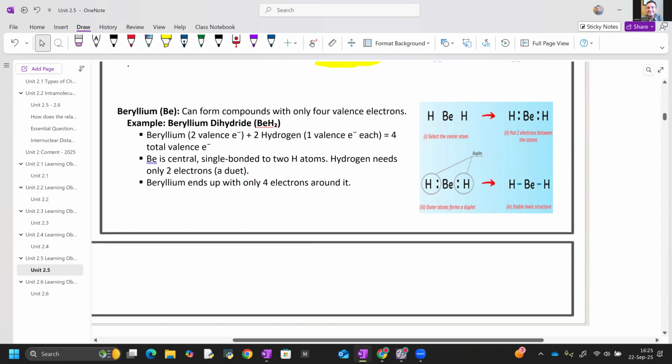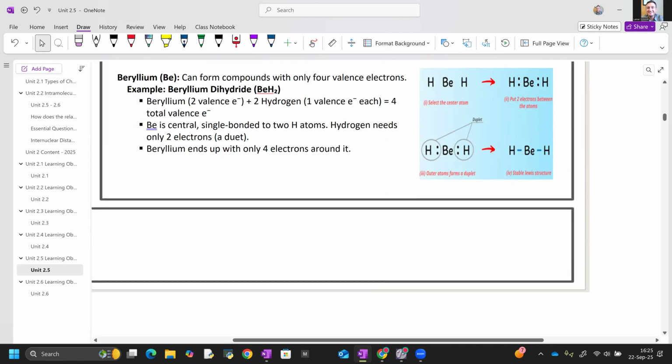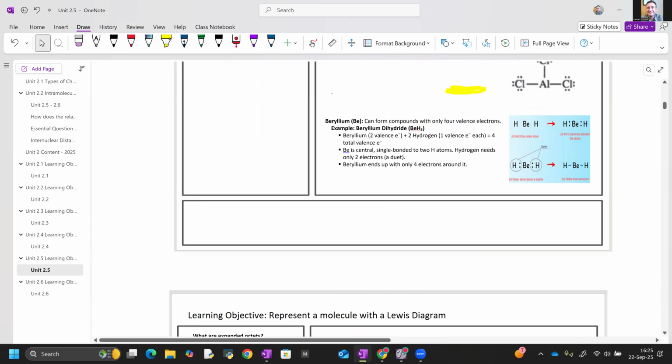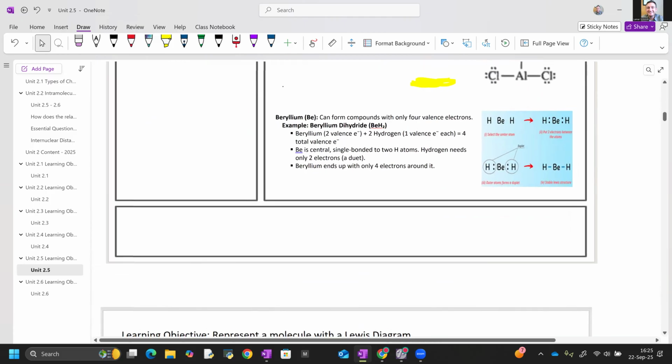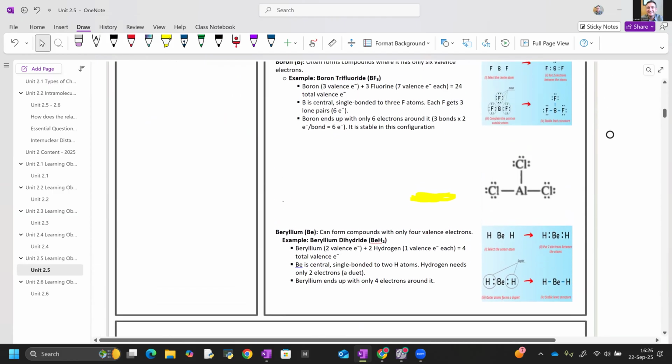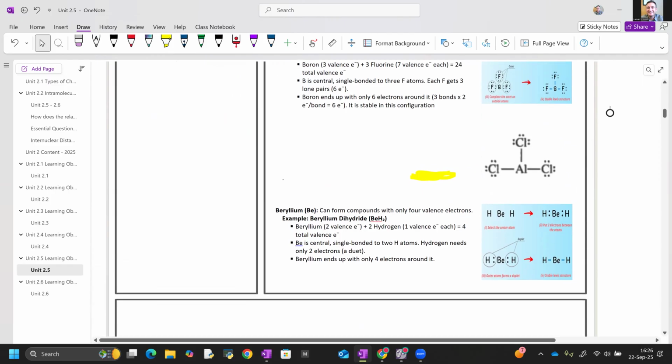It's most stable when it has 4 shared electrons instead of a full octet. And these are exceptions to the octet rule. All others will follow the octet rule, but those in group 13 or group 3A, boron, aluminum, gallium, are going to form incomplete octets with 6 valence electrons, and beryllium in group 2 will form incomplete octets